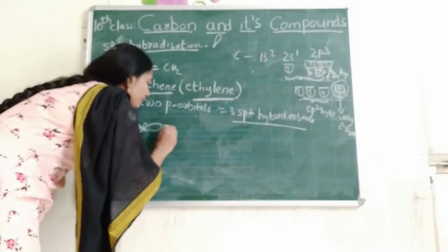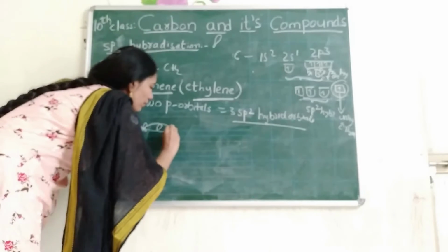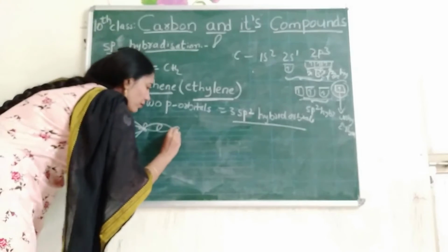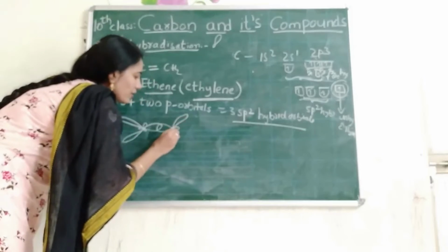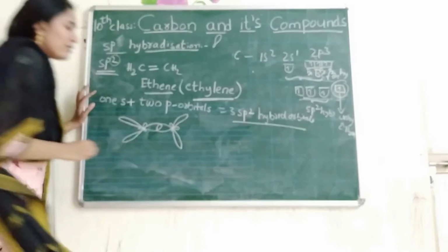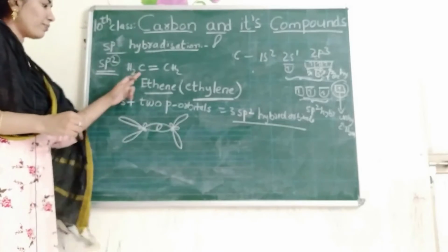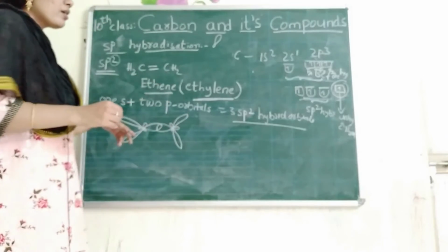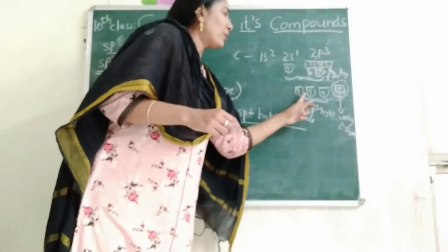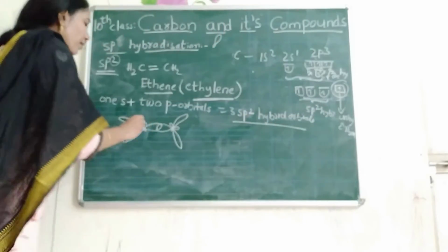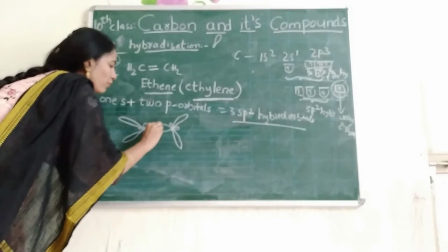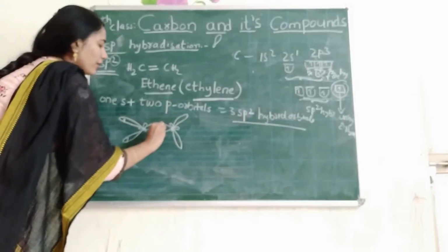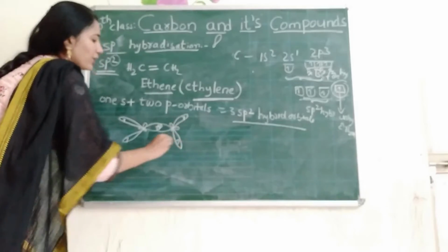I am coming to this carbon. This is one sp2 hybrid orbital of this carbon, this is the second one and this is the third one. 1 2 3 of this carbon and 1 2 3 sp2 hybrid orbitals of this carbon. Each sp2 hybrid orbital has a single electron. That means for this carbon 1 electron, 1 electron and 1 electron. For this carbon 1 electron, 1 electron and 1 electron.